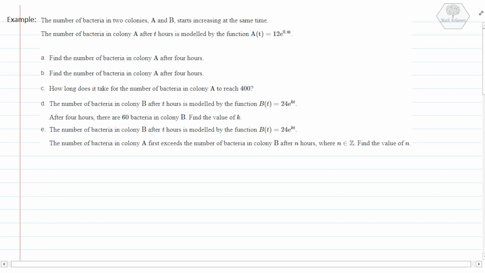Section A. Find the number of bacteria in colony A after 4 hours. Simply I substitute in my formula. I want to find A of 4. A of 4 is equal to 12 times e to the power of 0.4 times 4, which is equal to,